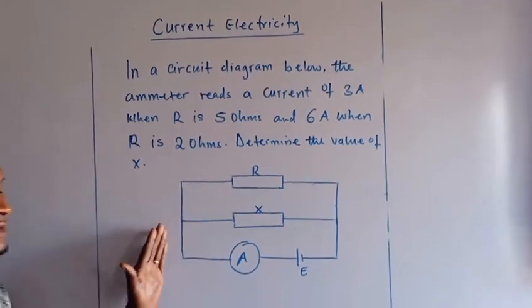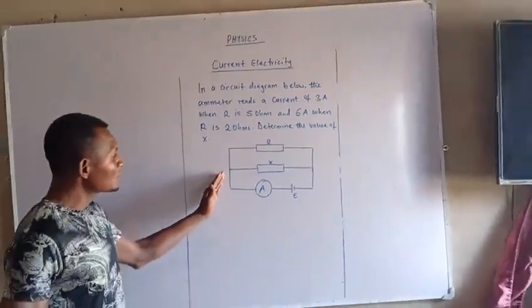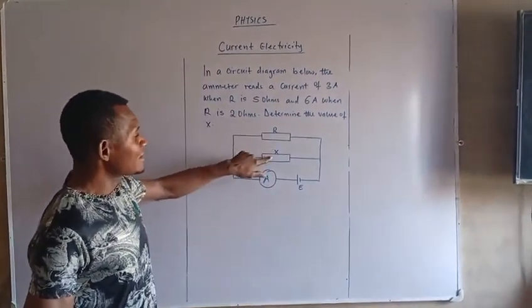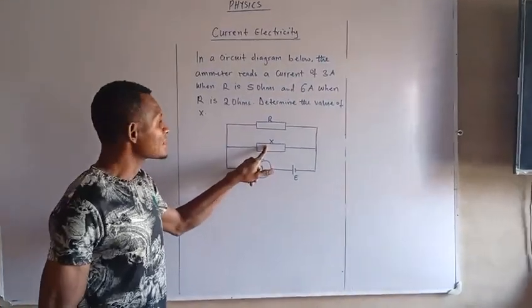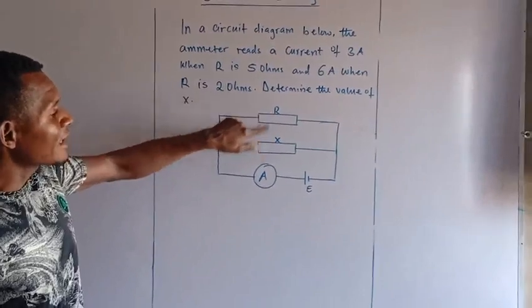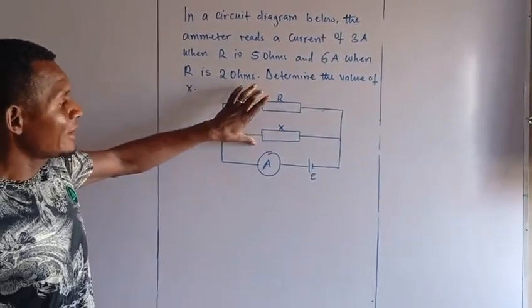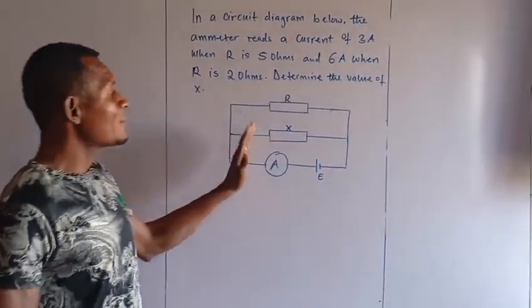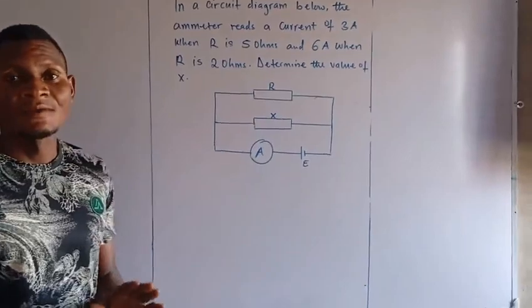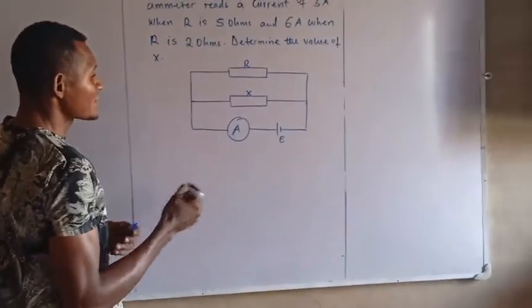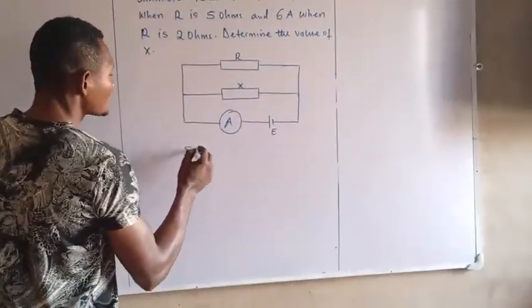So this is the circuit diagram below. R stands for resistance and this X also stands for resistance. And if you observe the arrangement of this resistance, R and X are connected in parallel. So for us to solve this question, we must find the total resistance in parallel. And the formula of finding total resistance in parallel, so we have solution,